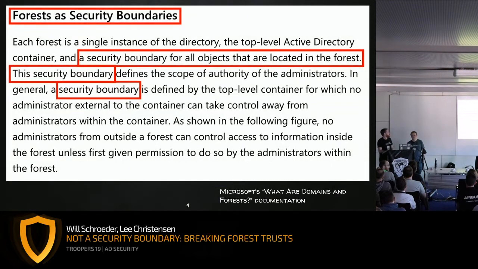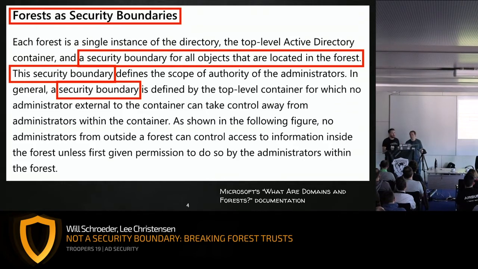But first, one of the crux of part of this talk is forest as this concept of security boundaries. A security boundary is a very definitive, real type of concept in Microsoft circles. When something is a security boundary, if you're able to breach that boundary, it's supposed to be fixed.